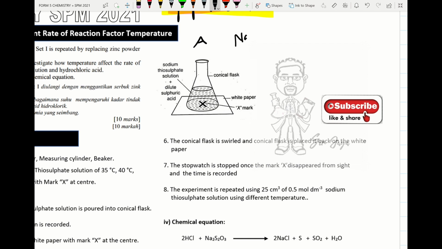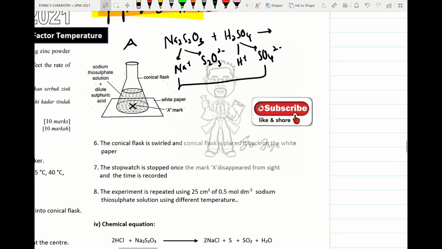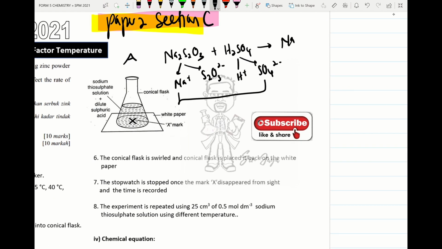And please remember sodium thiosulfate, the formula Na2S2O3, reacted with sulfuric acid. Here we take the sodium ion and thiosulfate ion, and here we take hydrogen ion and sulfate ion. During the chemical reaction, sodium ion joins with sulfate ion, so we will get sodium sulfate. So we erase this. When hydrogen ion combines with thiosulfate ion, we will get